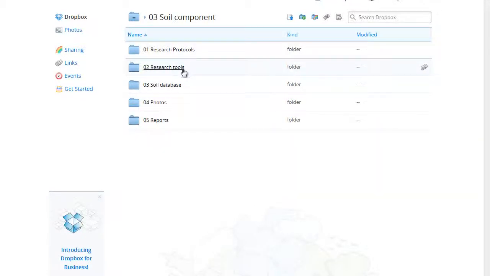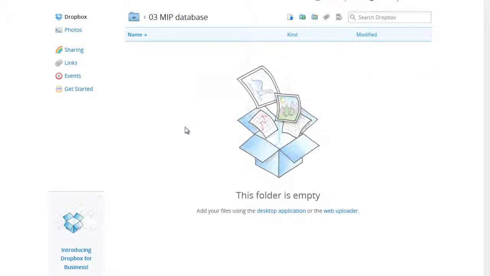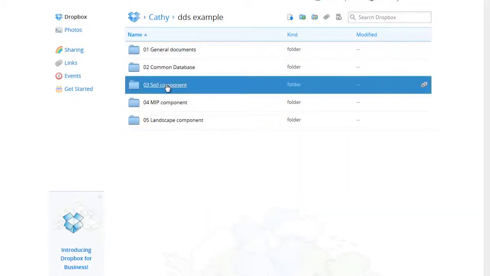For example, each of our research areas have subfolders for protocols, tools, photos and reports. Each also has a database folder for the data from that particular research area. These folders have slightly different names, but all include the word database in the name and all have the same numeric prefix, making it easy to find the data.